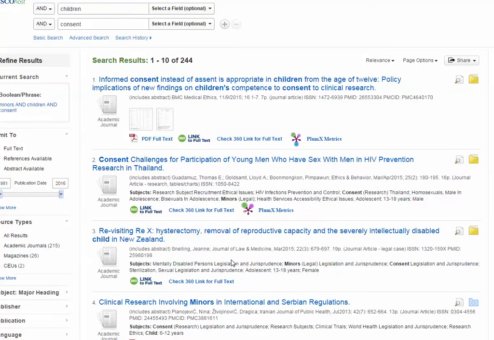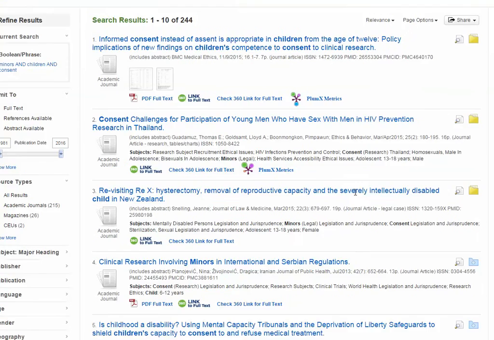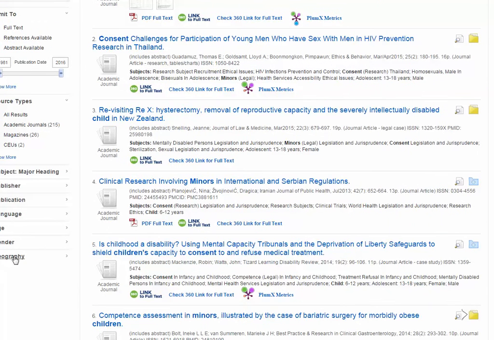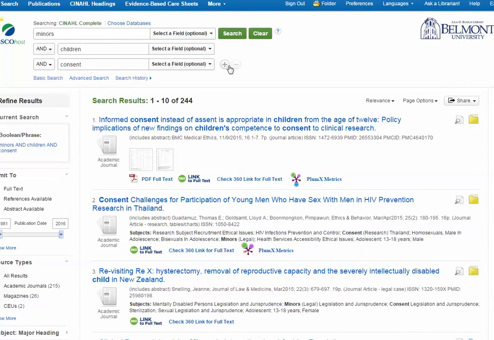Okay. On the left side of the page, of course, you're probably going to limit to date. One limiter over here that you might use is geography and limit to the United States because you really do want things that are going to be here in the U.S., not in other countries. This is not a perfect limit, so you could try this and see how it works. If it limits you too much, take that off. You might even put United States into the search box. That's another way you could do it. There's no perfect way to limit by geography, but those are two options.